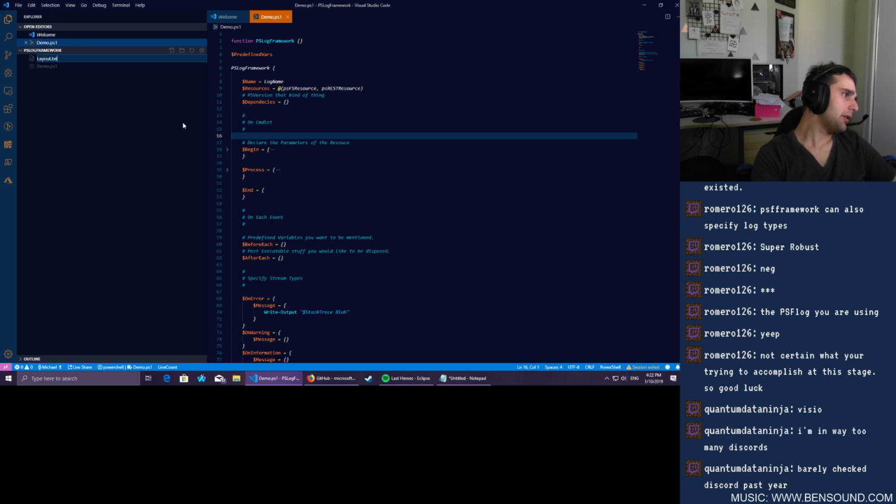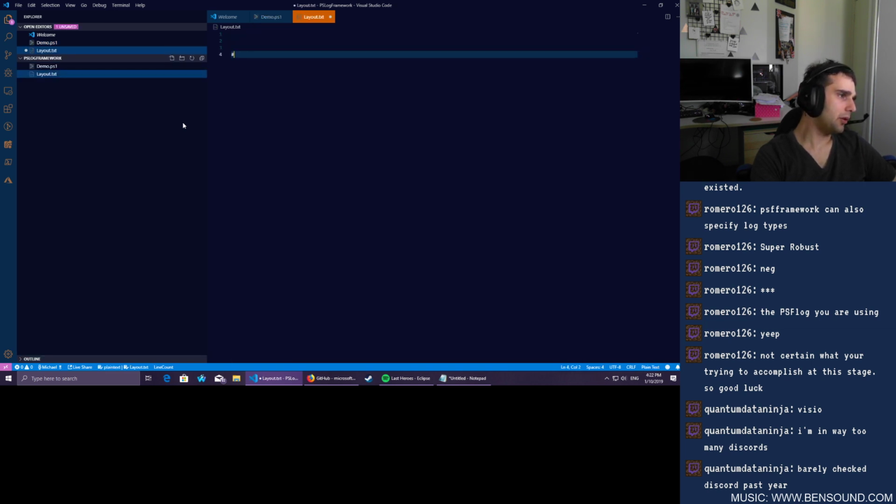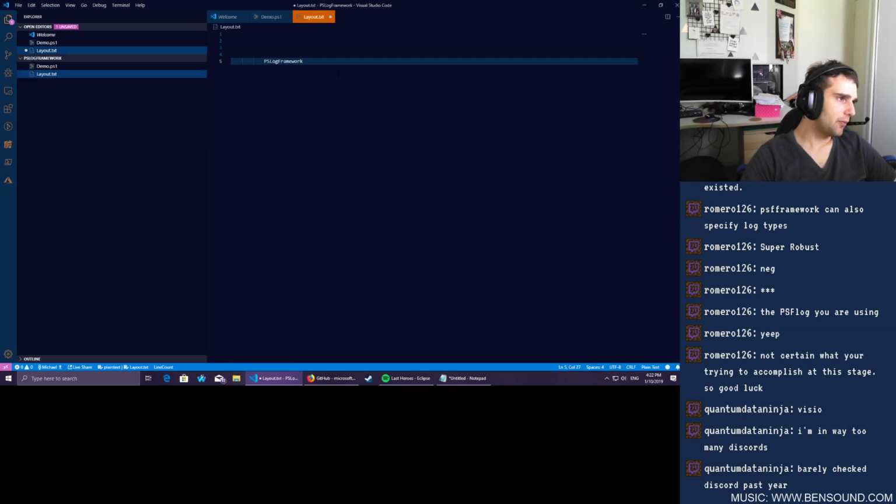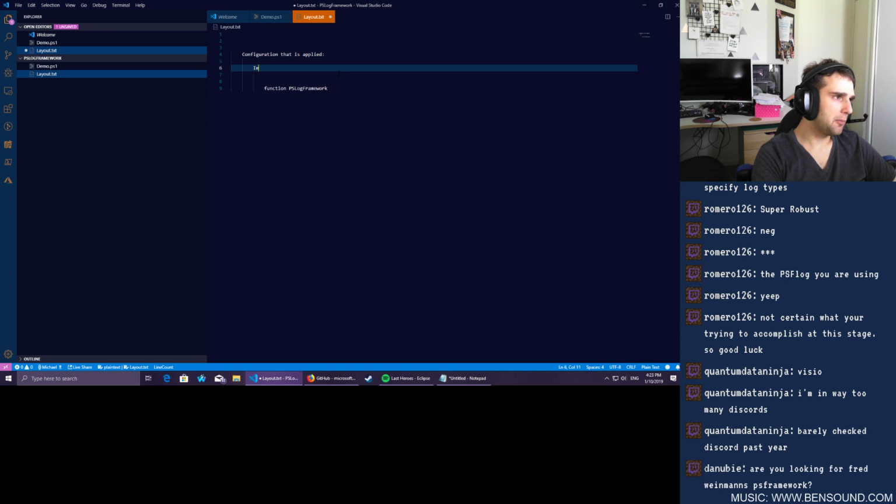Let's just go layout.txt. Okay, so we've got at the center of everything PS log framework. So this is function. So we have configuration that we apply. Now I think when you import the module,